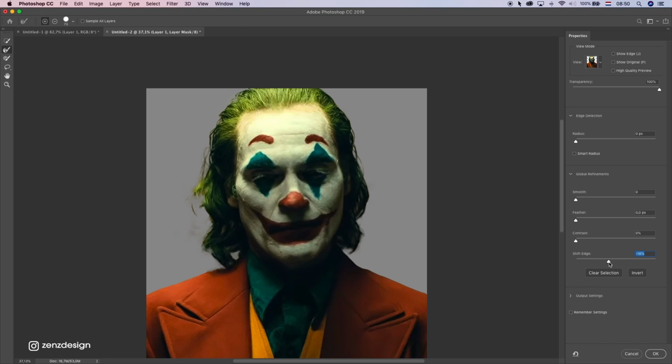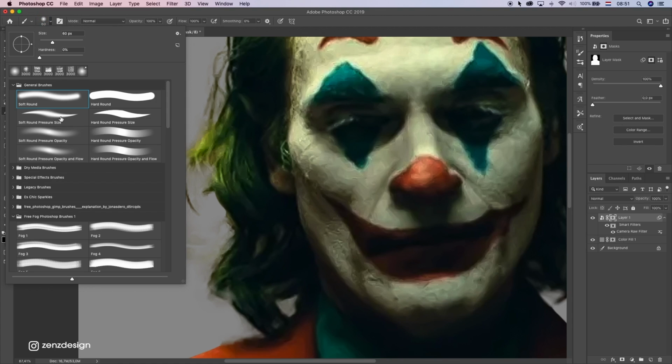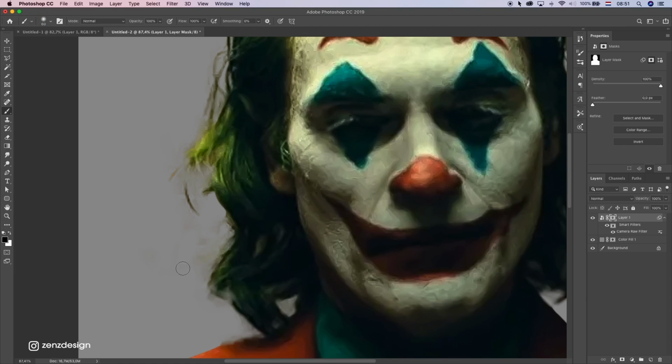And drop the shift edge a little bit. Like that. Now just pick a normal brush and select the black color and fix this.